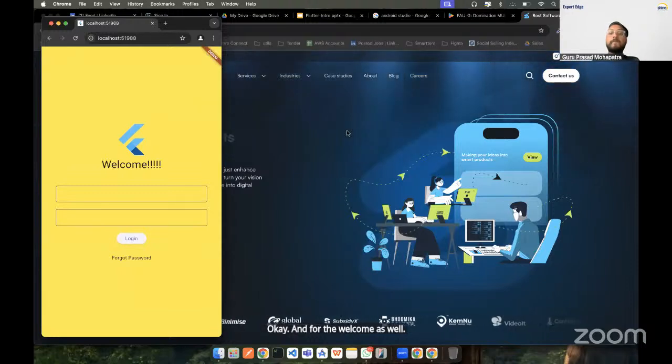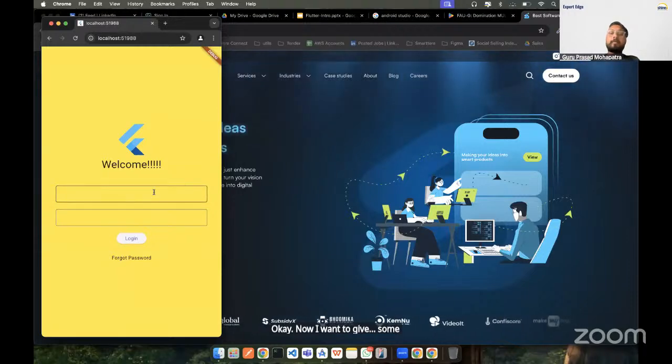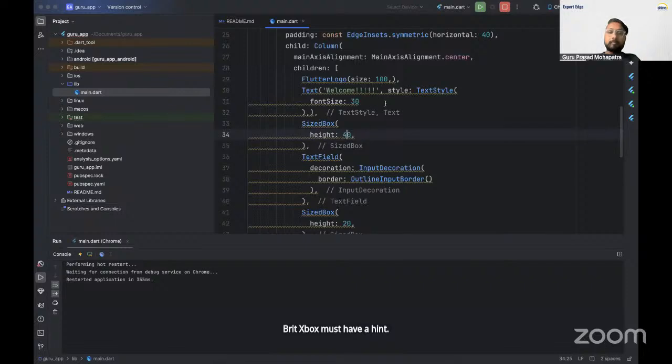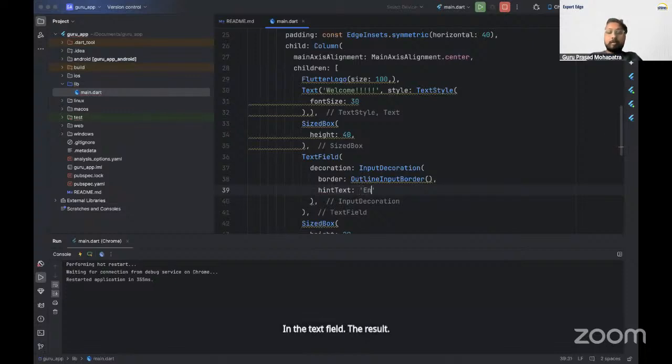Okay. Now I want to give some hint. Every text box must have a hint. In the text field, there is a hint: enter your email.